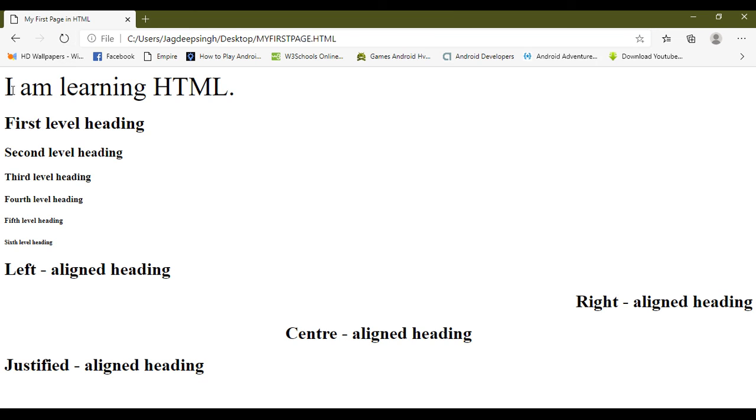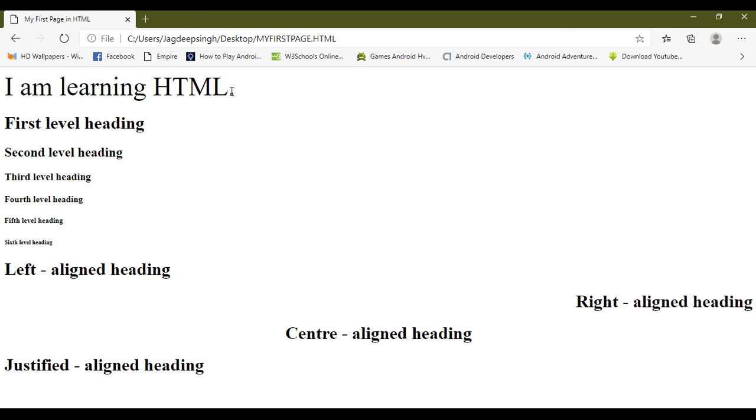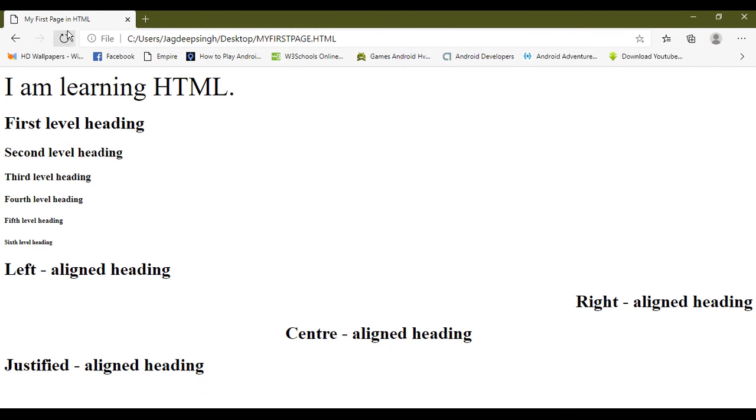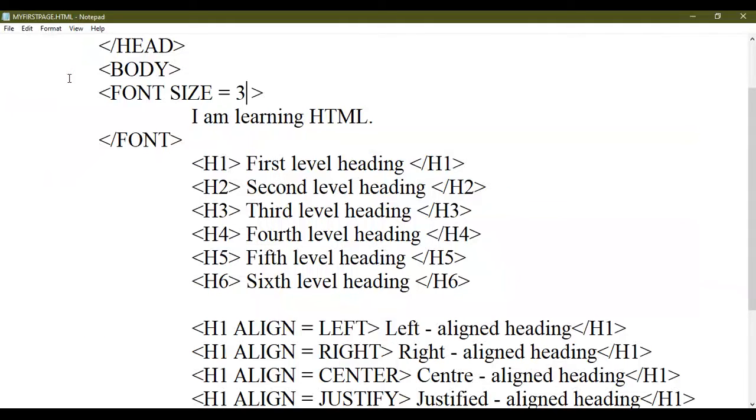So now you can see that the size of this text is increased to size 7. So you can use any value with the size from 1 to 7. For example, we write the size 3, save your web page and reopen it with the help of Internet Explorer. So now size is decreased to size 3. So in this way you can use any size number from 1 to 7.